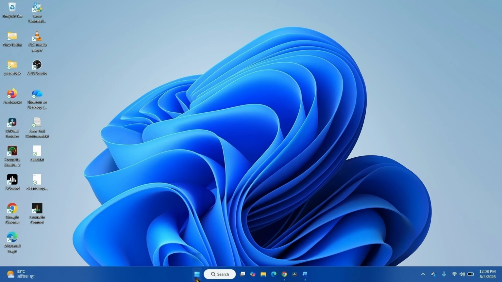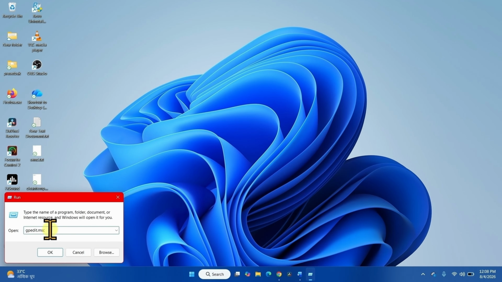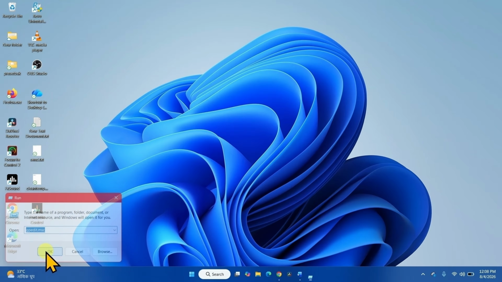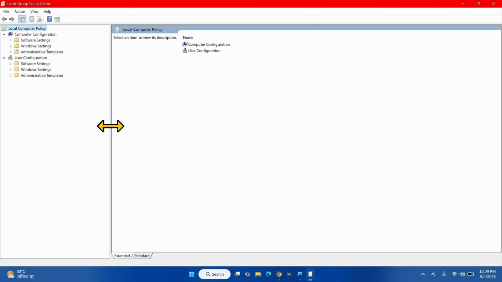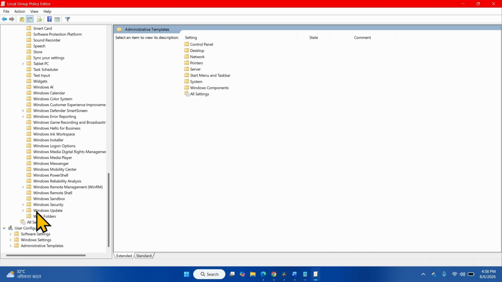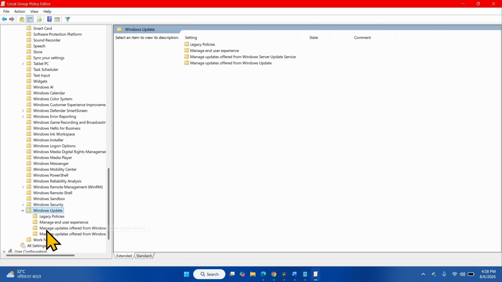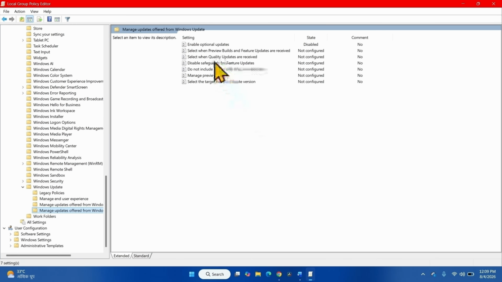For this, right click on Start, select Run, type gpedit.msc, click on OK. For computer configuration, expand administrative templates, then go to Windows Components, then double click on Windows Update, select Manage updates offered from Windows Update,